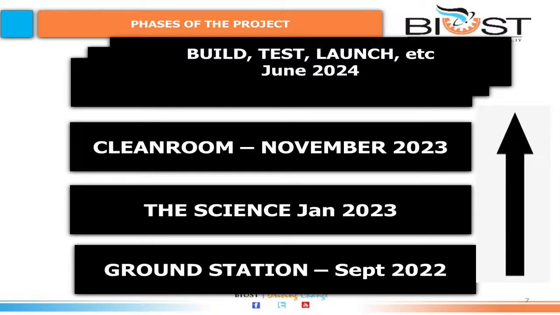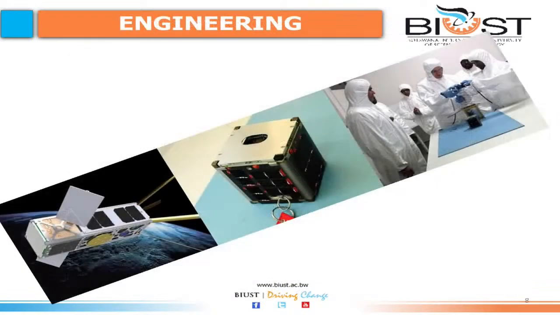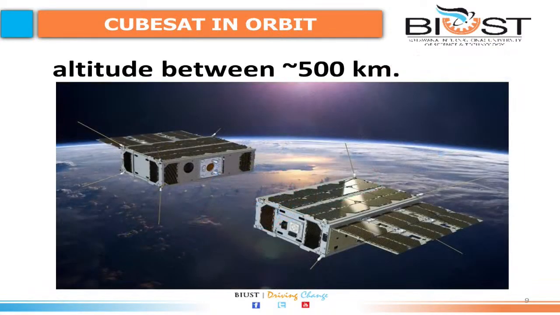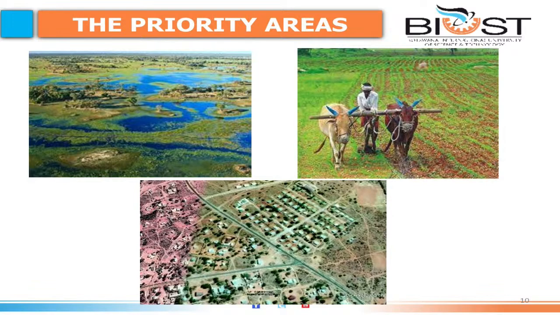I would not want to bore you with the CubeSat. We intend to launch this sometime around October next year. We prioritize these key areas: water management, or surface water monitoring, agriculture, obviously, and also town planning and human settlements. So these are our three priority areas for this particular project. However, let me emphasize this. It is the other way around. We are looking at HCD,